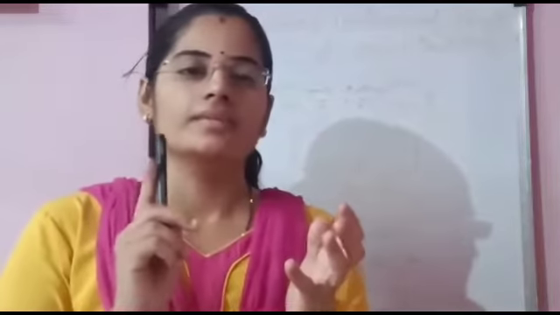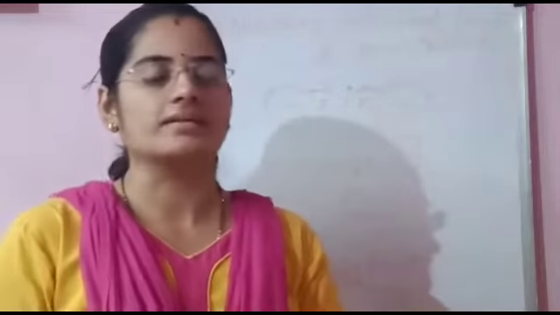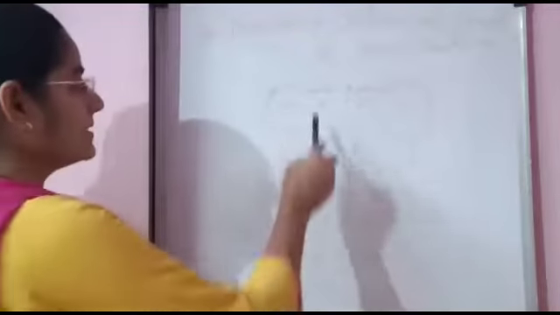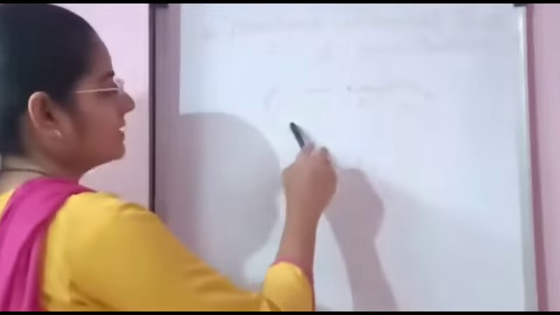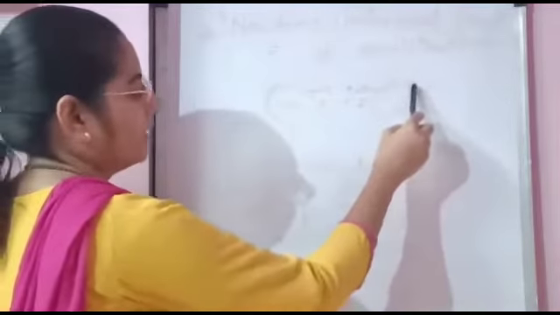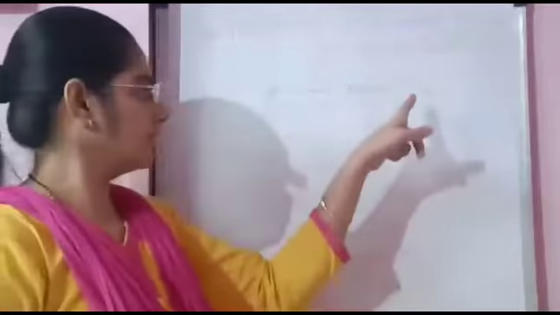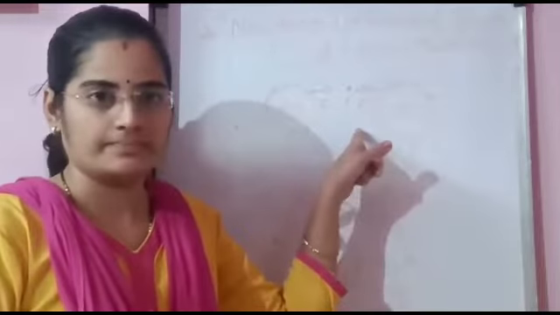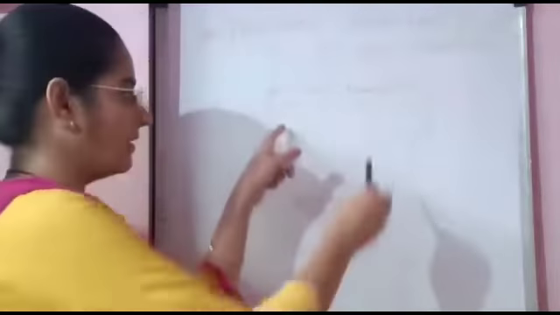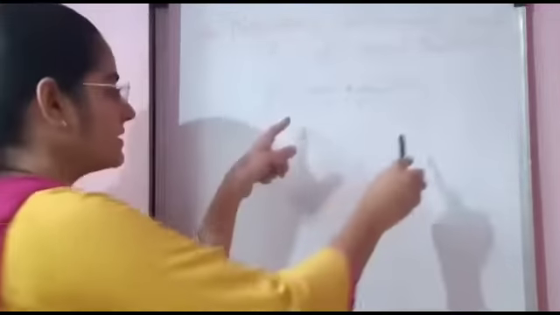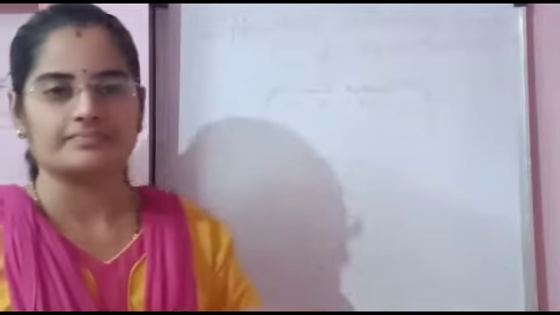According to this law, every object in the universe attracts every other object with a definite force. Here a diagram is given. There is one object whose mass is m1, another object whose mass is m2. m1 applies the force F1, m2 applies the force F2. These two objects attract each other with some definite force. The distance between these two objects is d. Then Newton said, what is the magnitude of that force?